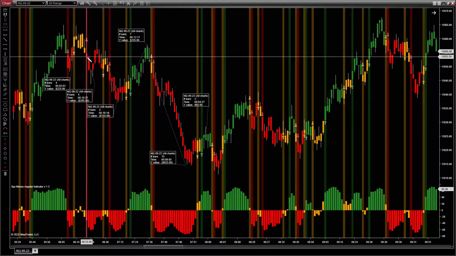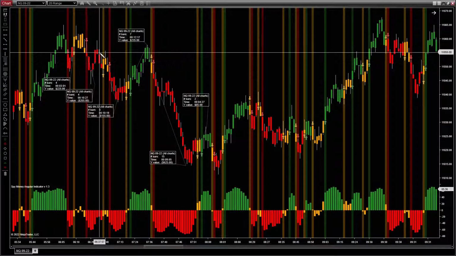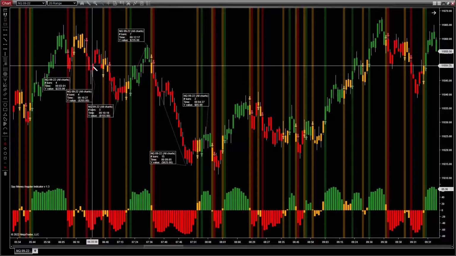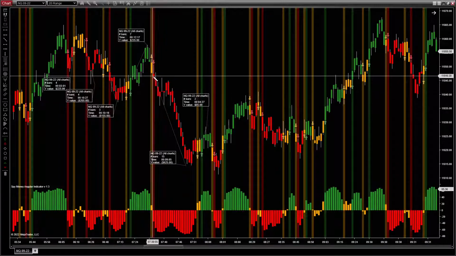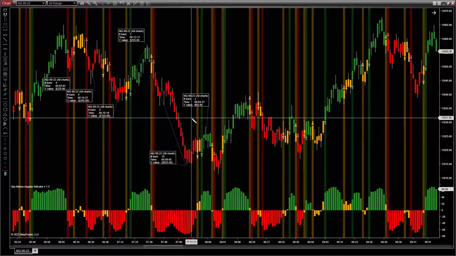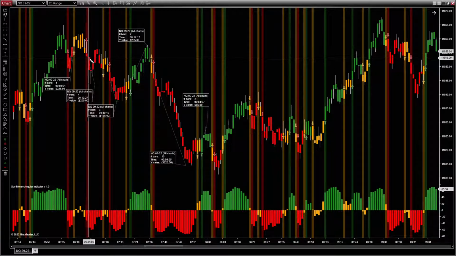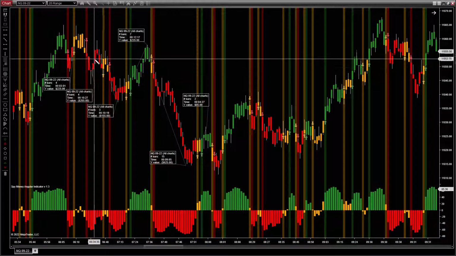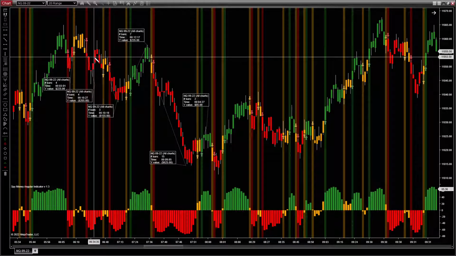Now this one, you might have stayed in it and it popped back up on you. Because let's see, that would be 6:23 and 6:35, so you're about 12 minutes in the trade. I usually won't stay in the trade that long. If it's just kind of back and forth, I'll usually just hop out. But on this one, you have 7:39, and down to this bar here is 7:51. So that's about 20 minutes worth, but it's going in the direction. If you're 20 minutes in just kind of chop, it's just not good. You're better off taking a little bit of profit or putting your stop to a certain point and then